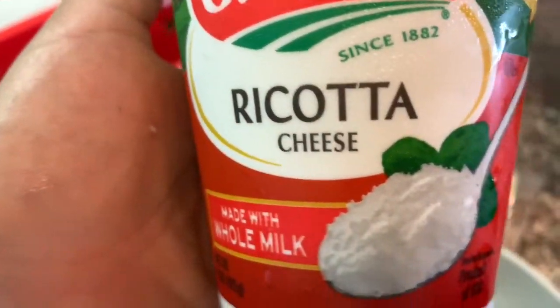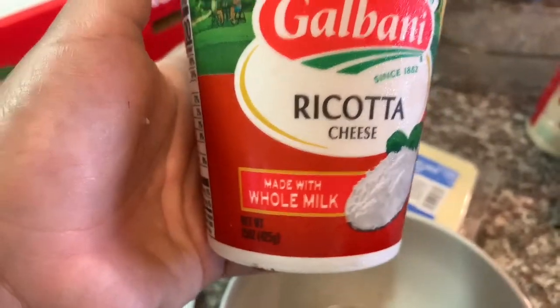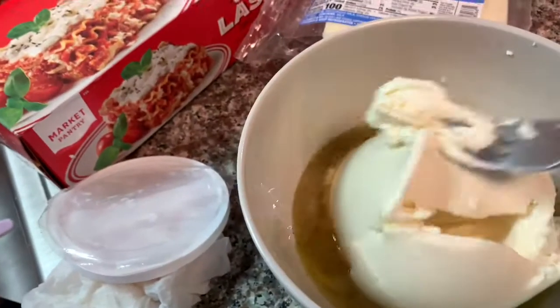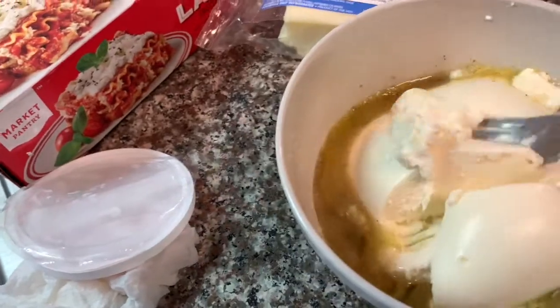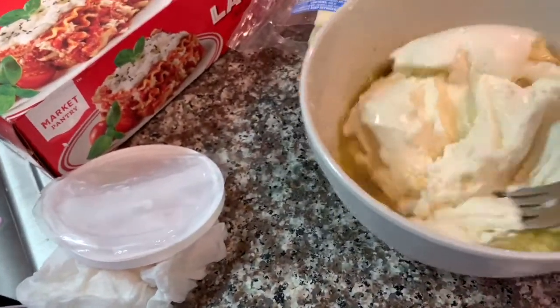And I'm gonna add the ricotta cheese. I've made it with and without ricotta cheese. I've liked it both times, but I do think this kind of cheese gives it a little bit more volume. Oops, something happened with my camera there. But yeah, it gives it a little bit more volume, and it makes it a little thicker, and it's more traditional, of course. So whatever you guys want to do, if you want to leave it out, you can do that, and just instead of this cheese,